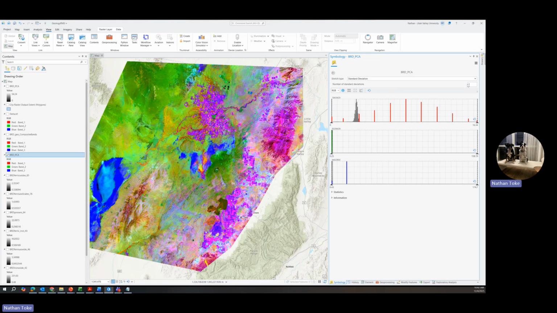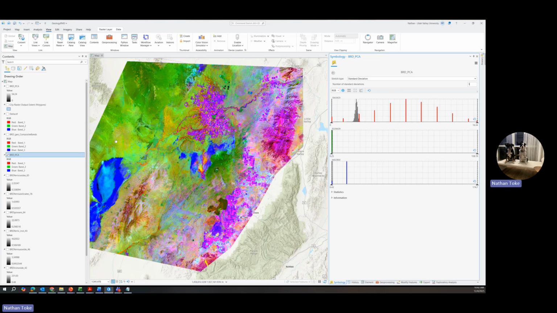And now we see a lot of detail, right? We can see Tabernacle Hill from Pavant Butte, from the Cinders area, and these other volcanoes. They all look different. That's because they have different amounts of weathering on them, different original rocks. This mountain range looks different than that mountain range. And this one, right? And then some of these dry lake beds and their salts show up differently than the